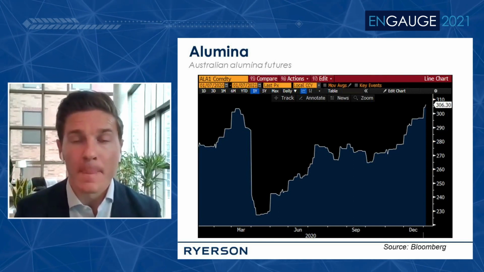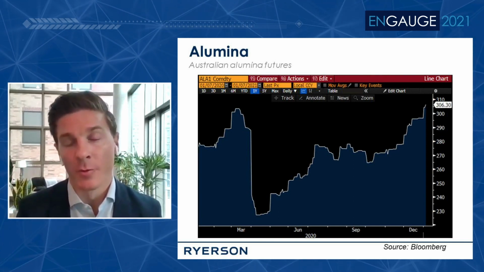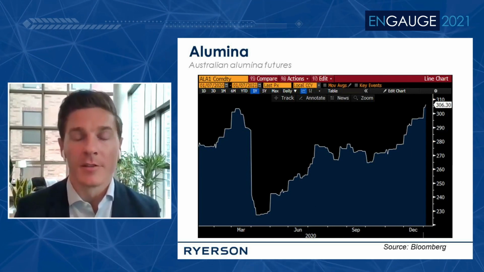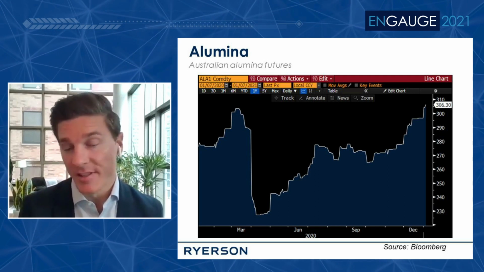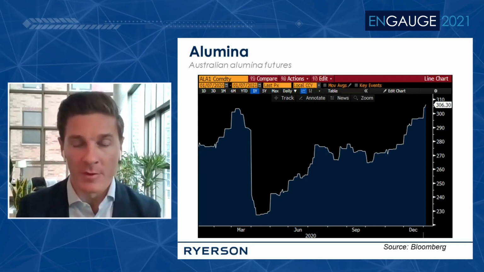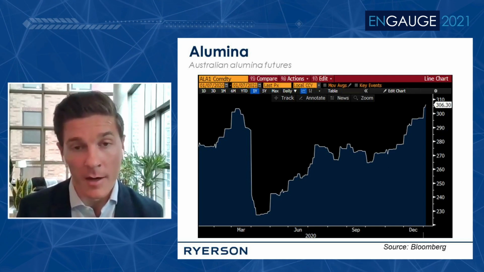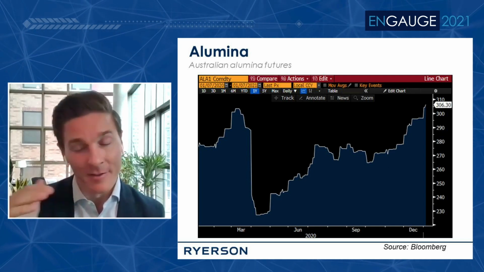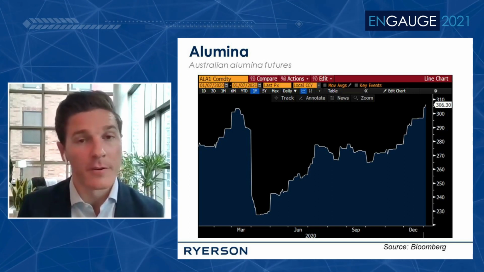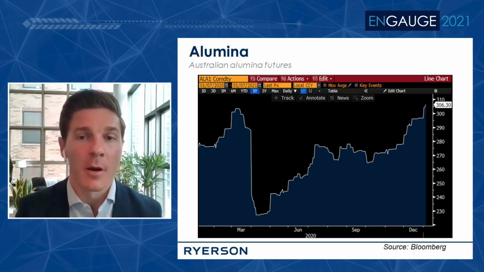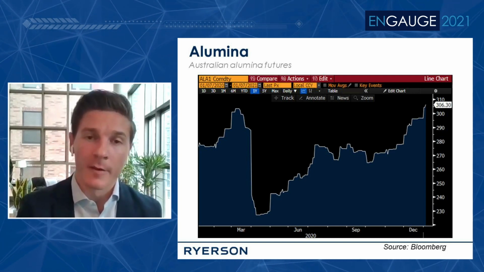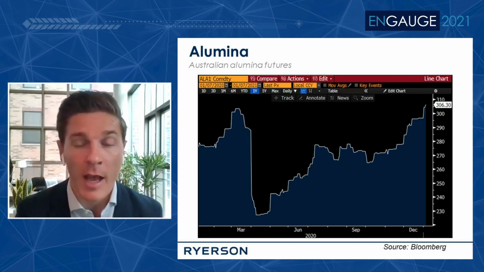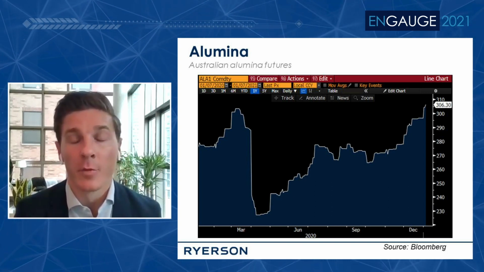Additionally, on the aluminum side, we've got the raw ingredient going into aluminum production, which is alumina. And the predominant market for alumina is going to be the Australian market. And here you can see the chart looks almost the same as what we've seen across a lot of different commodities, a lot of different risk assets, which was we hit March and things fell off a cliff. The recovery has been robust though. As smelters have come back online, the demand for alumina has increased. And we're now back to levels that are basically right at or even slightly in excess of the pre-COVID price